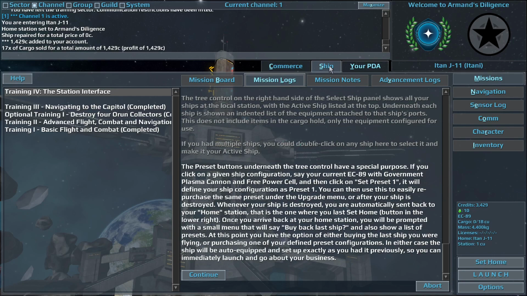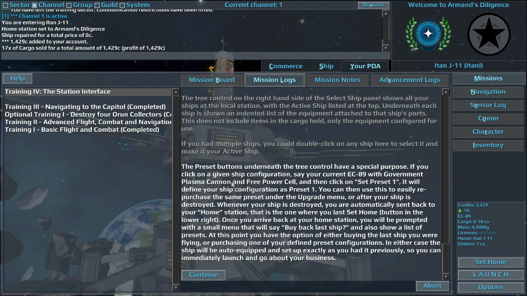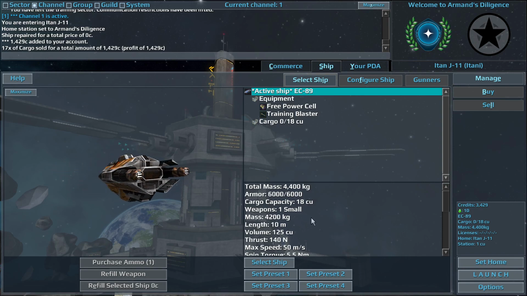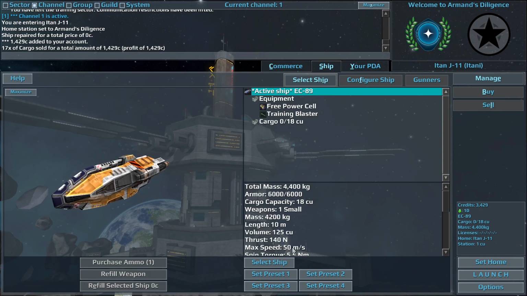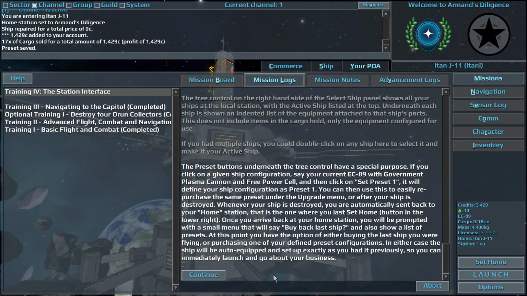The preset buttons underneath the tree control have a special purpose. If you click on a given ship configuration, say your current EC-89 with government plasma cannon and free power cell, and then click on Set Preset 1, it will define your ship configuration as Preset 1. You can then use this to easily repurchase the same preset under the upgrade menu, or after your ship is